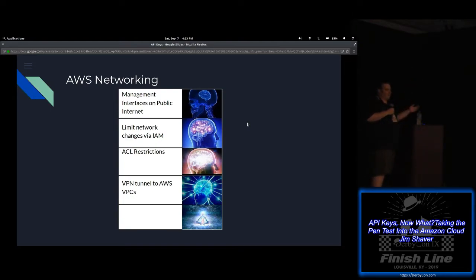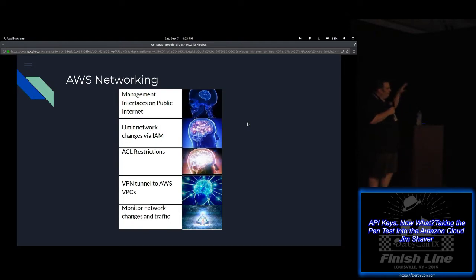Or have some sort of jump box, or whatever you want to do. So that's explosive brain, and then the Nirvana brain is obviously monitoring network changes and traffic. I don't know if there's any other brains that we could fit on this slide, but basically that's what I feel like AWS networking is.